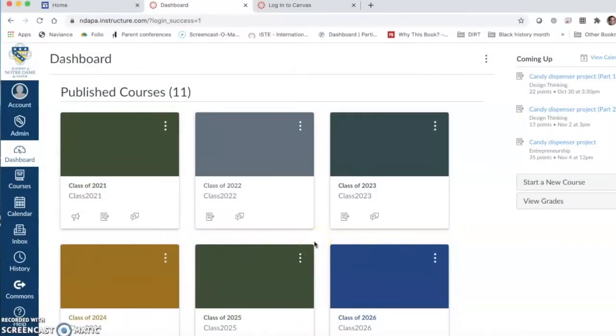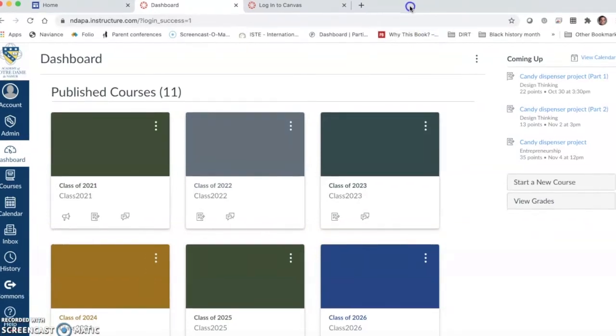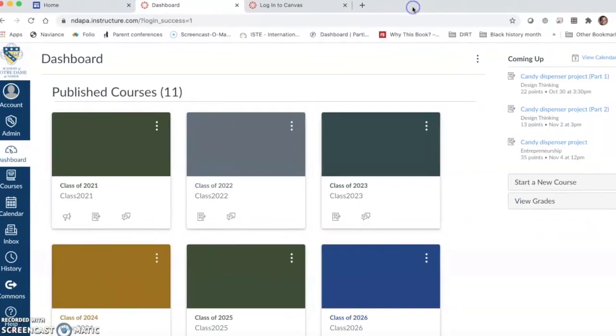After logging in, you'll be at your Canvas page. It'll start off on your dashboard, which will show all of the classes that your daughter is in. A couple of things that you'll notice right off the bat. On the right-hand side should be any assignments that are coming up due. So this is a great way to help your daughter stay on top